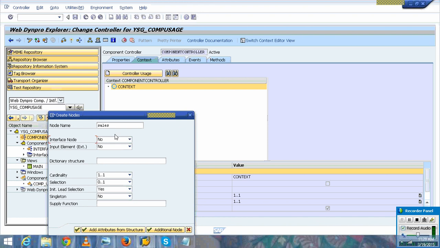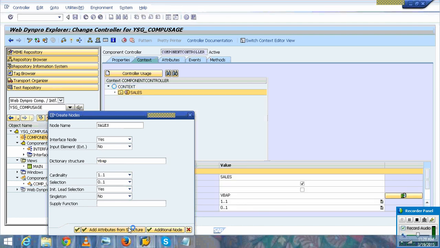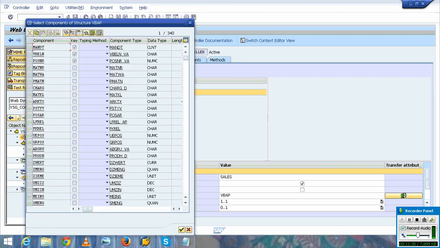When we declare the interface node as yes, then this particular node becomes an interface node. It means the node gets created within the interface controller. Say for example, I say VBAP, and let's add 2 or 3 fields from the VBAP structure. So we are selecting a few fields,